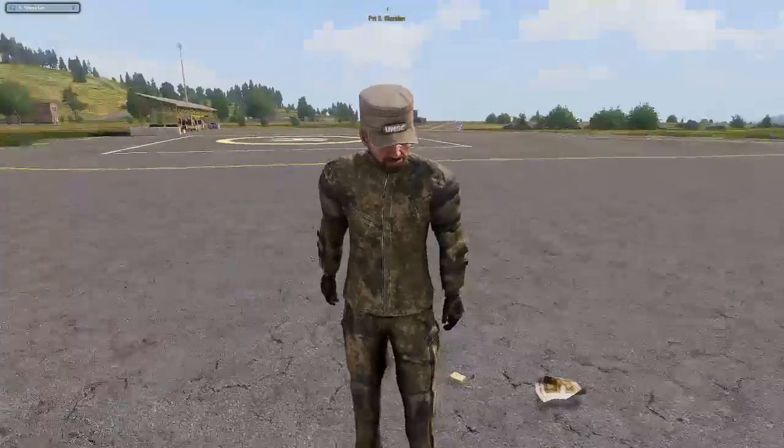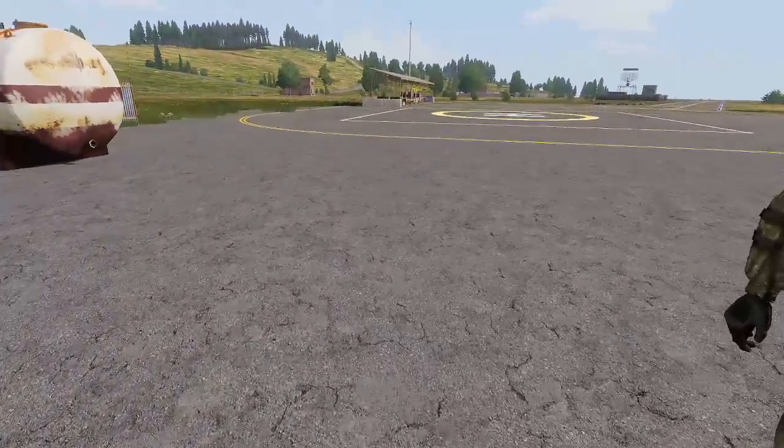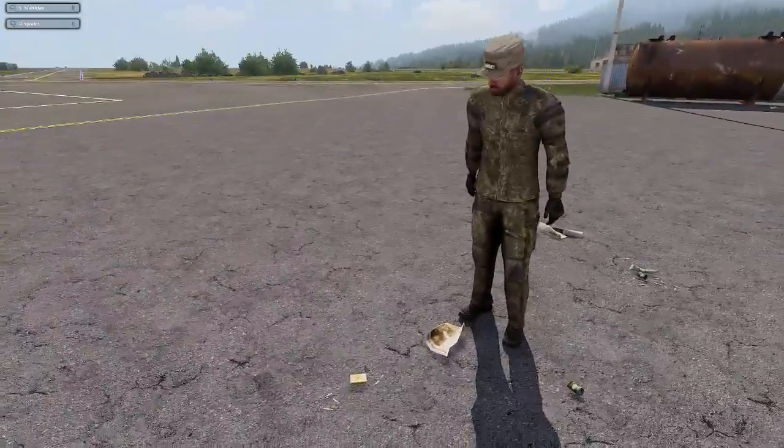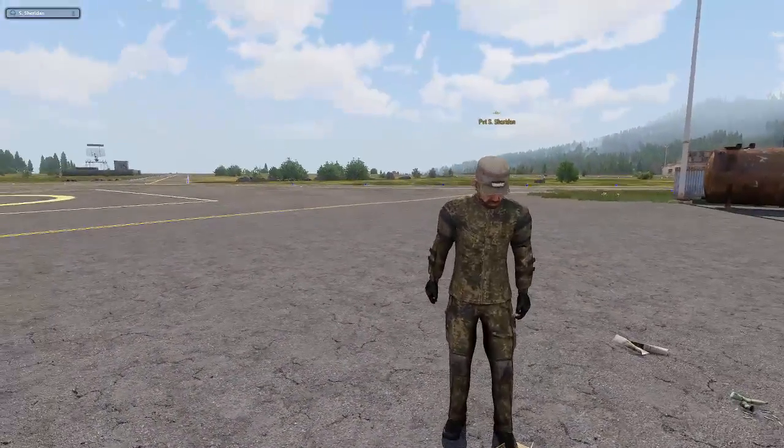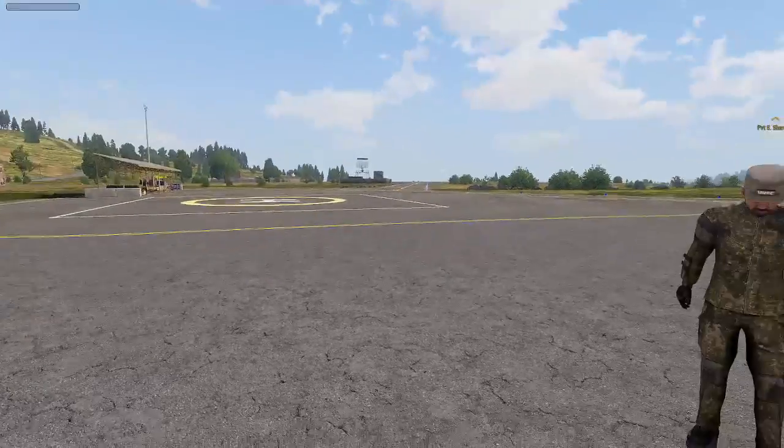Vault. Just vault. Did that fix it? Nope. There you go. Okay, enhanced movement fixed it. Alright,